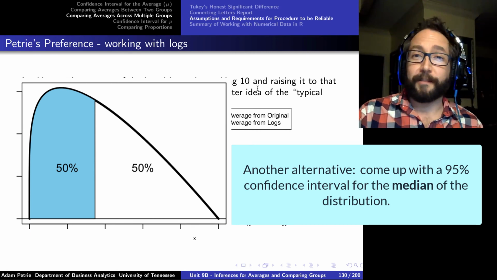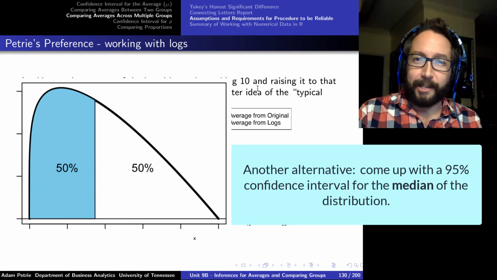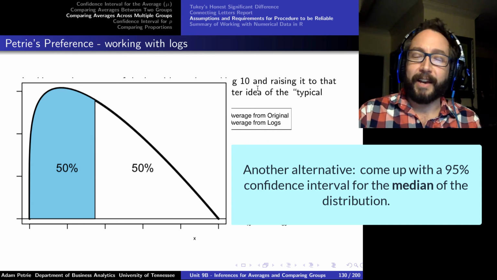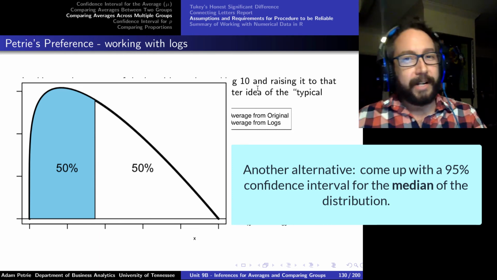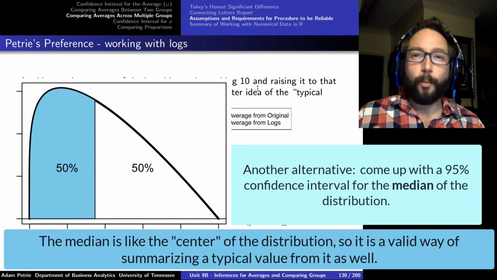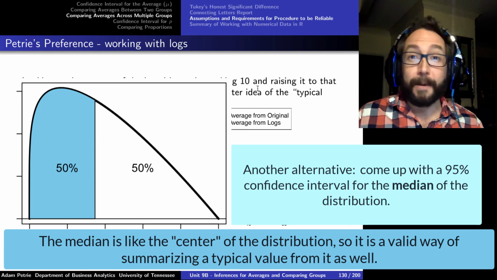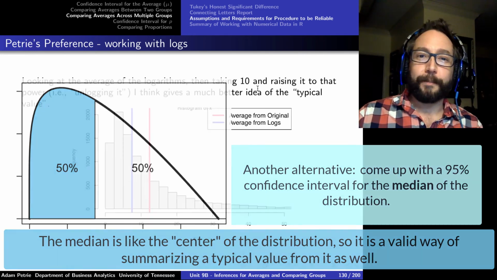And sometimes, actually, you might want to come up with confidence intervals for the median of the distribution instead. If you have a really skewed distribution, the median value is always right in the middle of the distribution. There's a 50% chance of getting a value less than the median or greater than the median when we're dealing with PDFs or PMFs. And so what if we want to get a confidence interval for the median of that distribution instead? Maybe that's a better summary measure than the average.